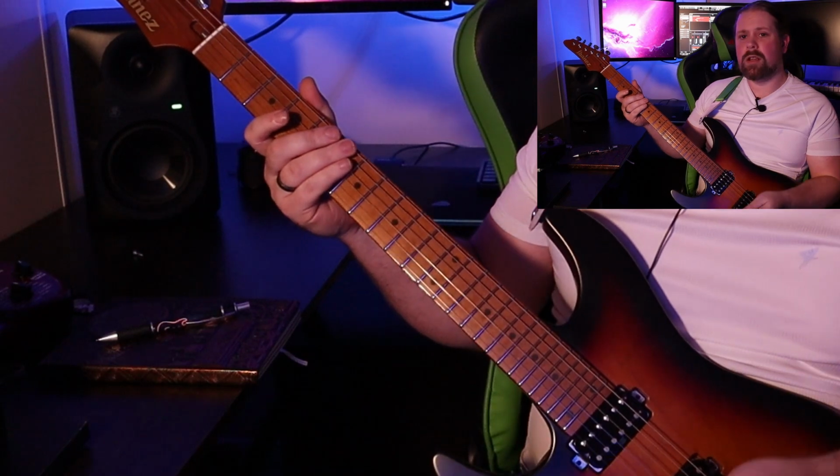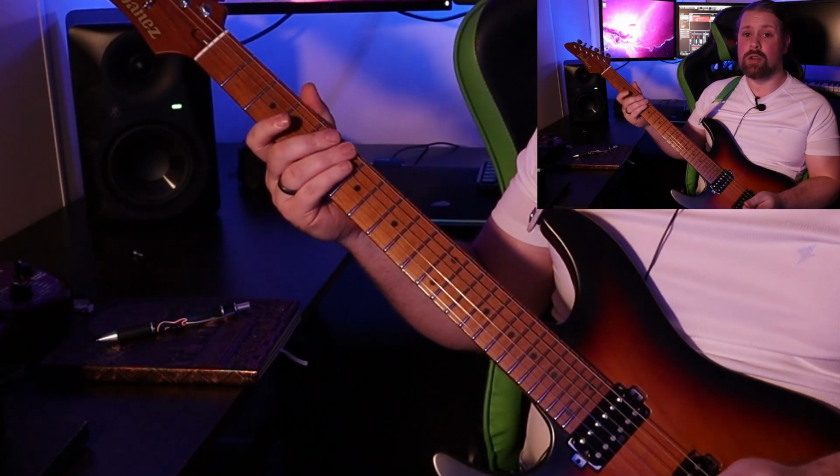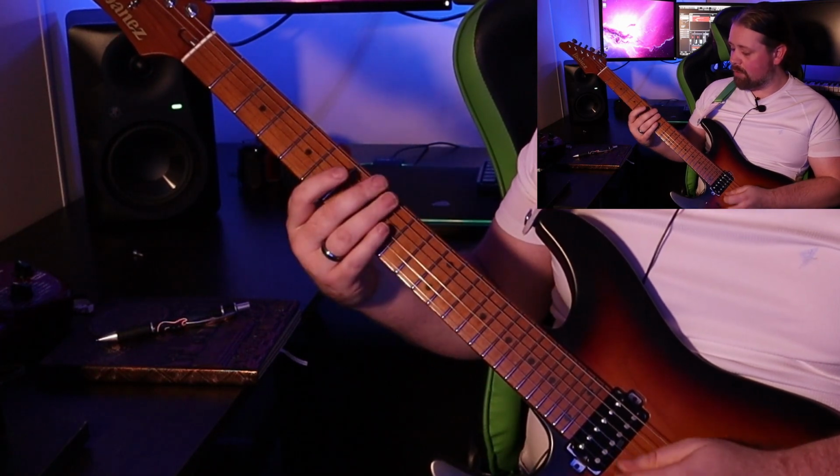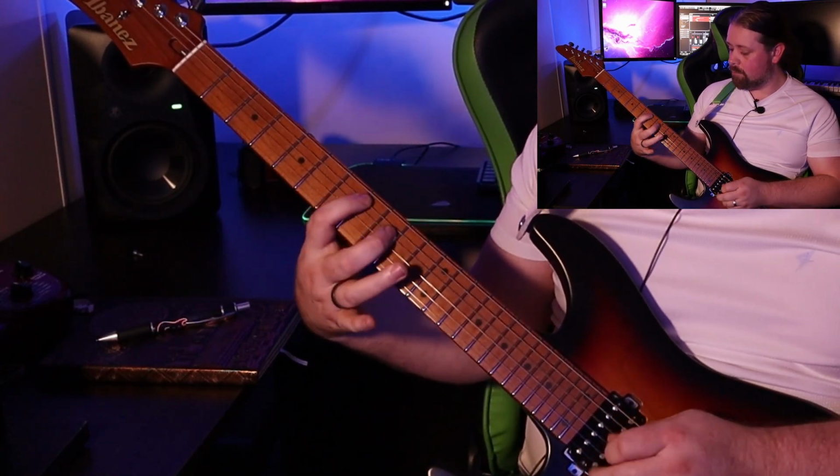So one thing that we could do, or one of many things we could do with the tremolo arm when it comes to harmonics on the natural side is, with this idea, we could take